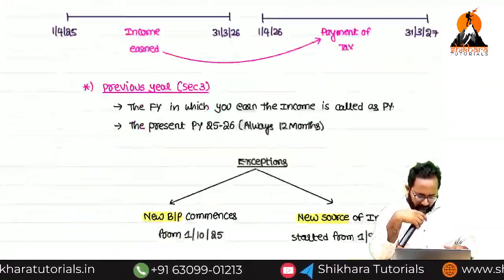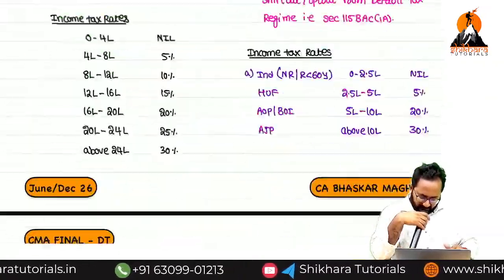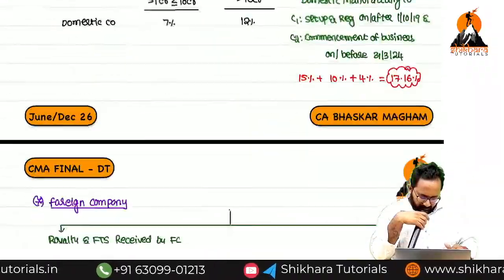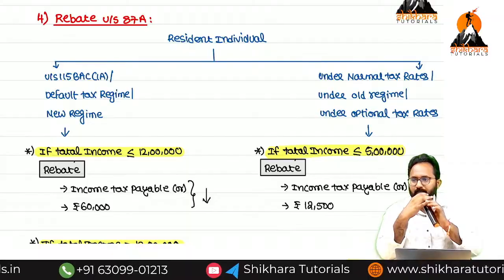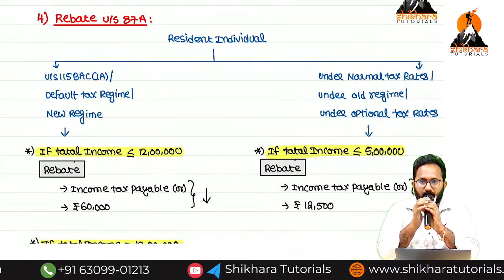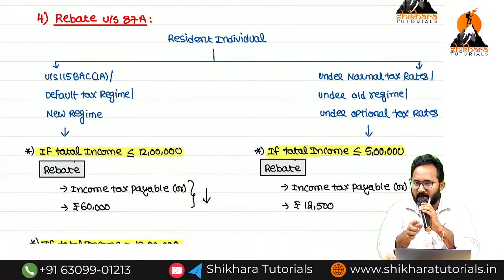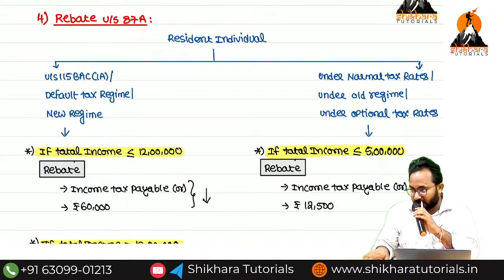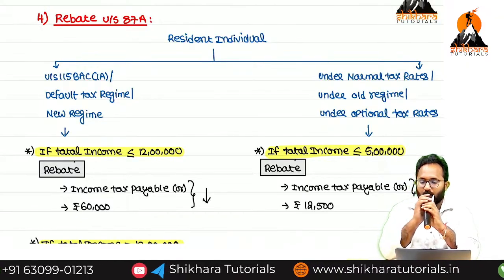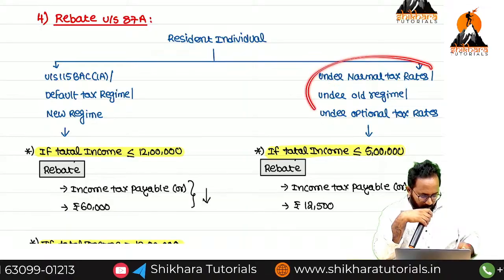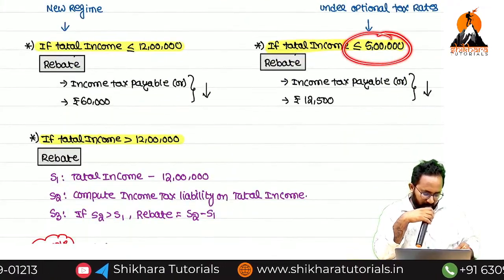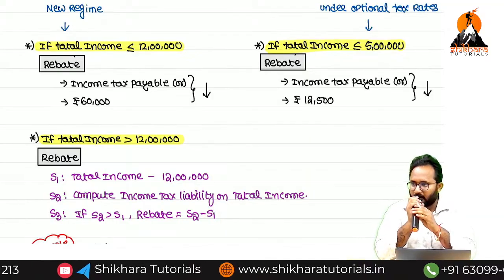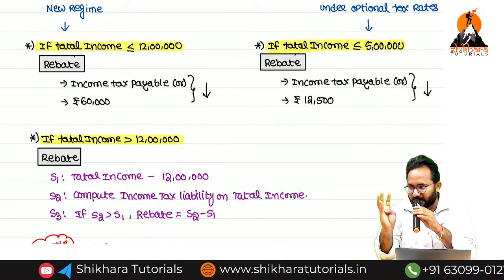After completion of the total tax rates discussion, we started the discussion related to what? Rebate. Rebate is available for whom? Only to the resident individual, under the old regime. If his total income does not exceed 5 lakh, he can get the rebate. What is the amount of rebate? Tax payable or